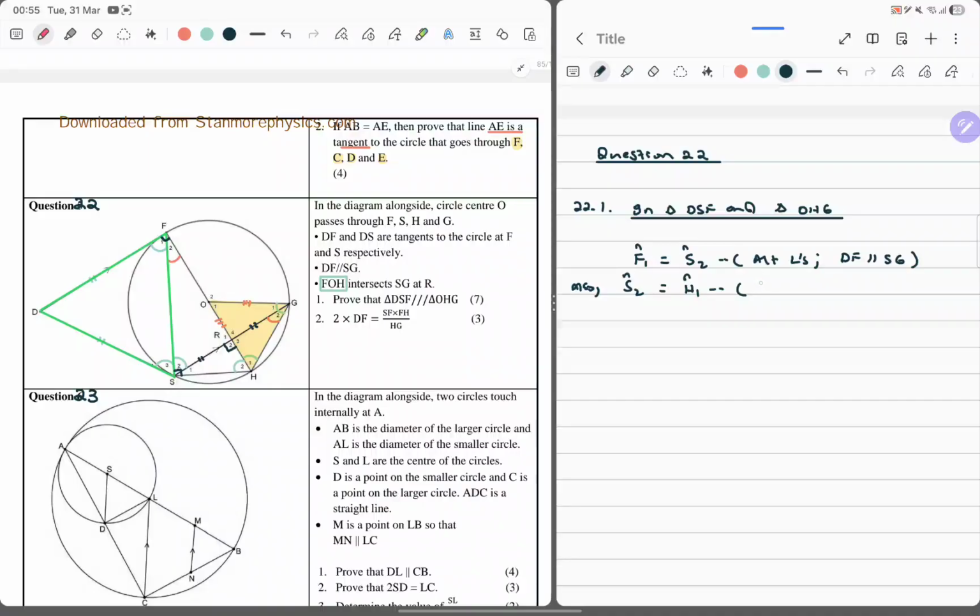What is that? These are angles in the same segment. So what does this conclude? It concludes that F1 is equal to H1. Okay, that's the first one. Now we're going to say,